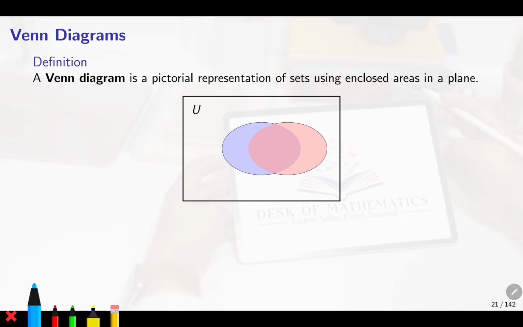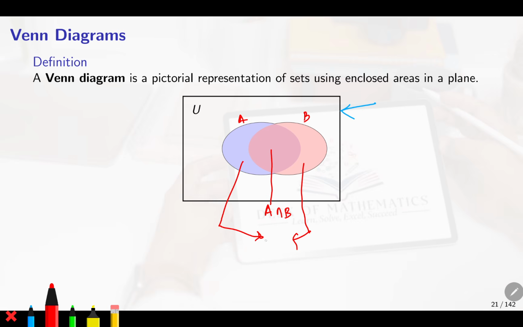So now here, for example, this is what we are doing. We are drawing a rectangular shape that is considered to be my universal set, and these balls are called the subsets of U. For example, if this is my set A and this is my set B, then this whole colored area is A union B. This part is A intersection B. If we take the union of these two parts, that is called the symmetric difference. When we exclude this one, this is called A complement. And this is A union B complement.